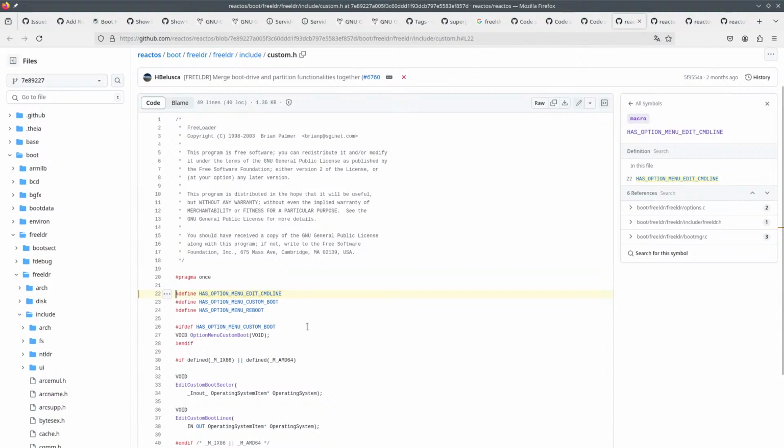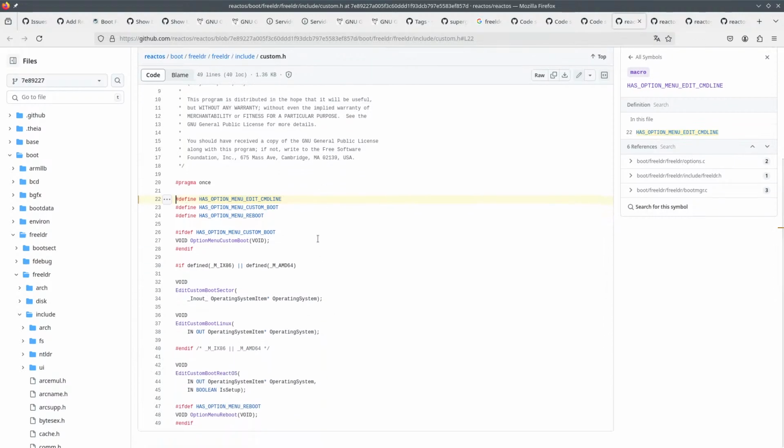Okay, so let me see. Edit custom boot: ReactOS has option menu reboot, has option menu CMD line. Edit CMD line.